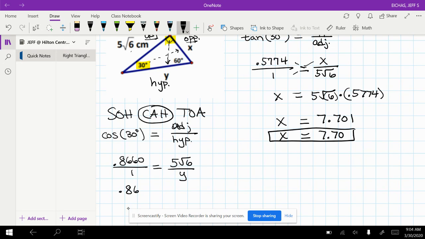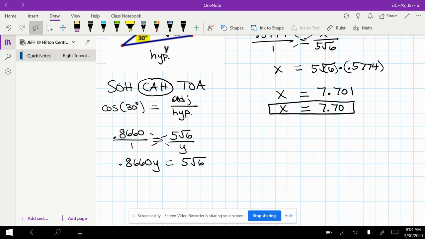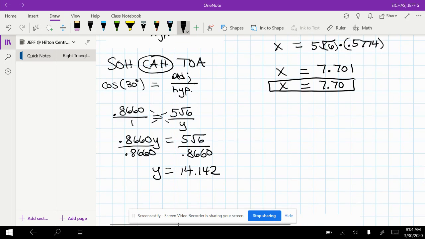So 0.8660y equals 1 times the 5, the square root of 6. Okay, careful on this. 5 by 0.8660. Again, don't round to the end. And we end up with 14.142. If we round that,